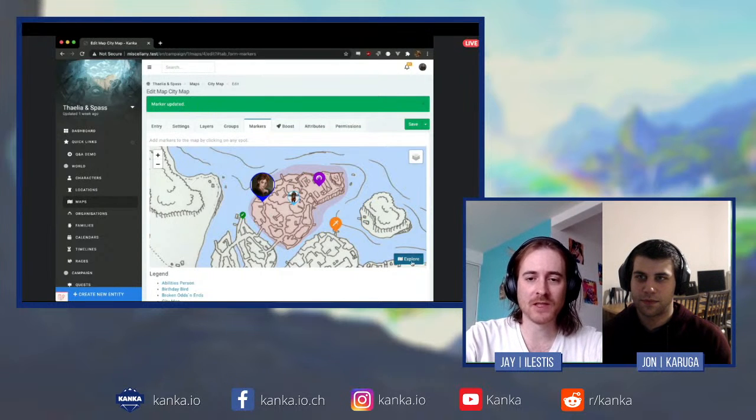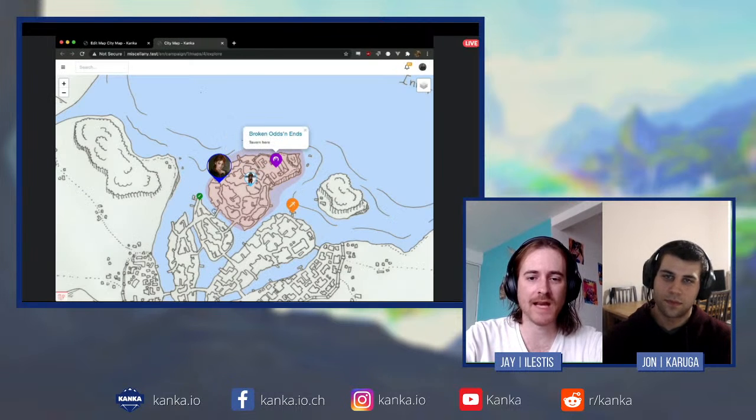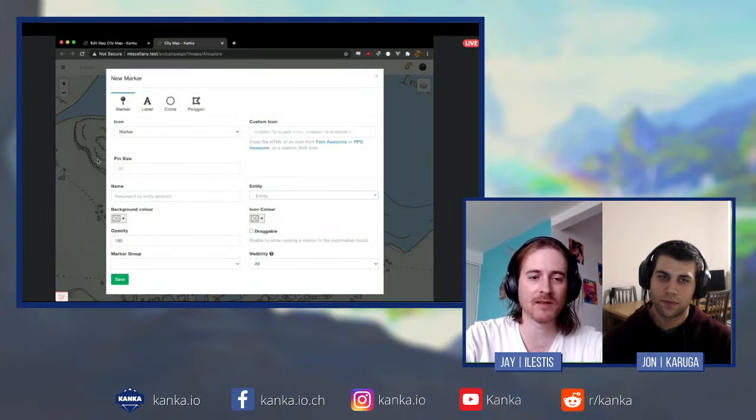Another thing which will be coming out with the next update is when you're in explore mode and you have the rights to edit a map. From here, you can now add a marker directly from explore mode rather than going back each time to the edit. So if I add a marker, put it to an SVG, let's make it 60 in size, say